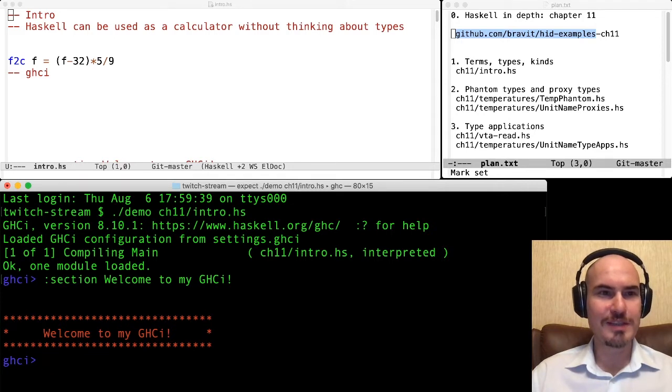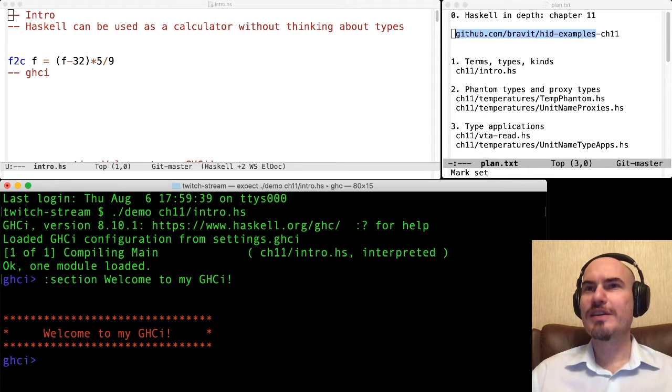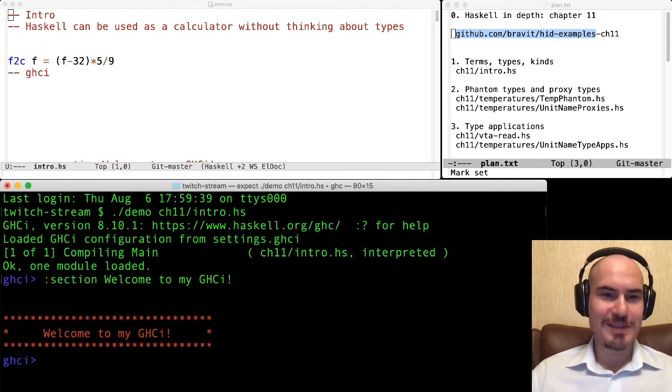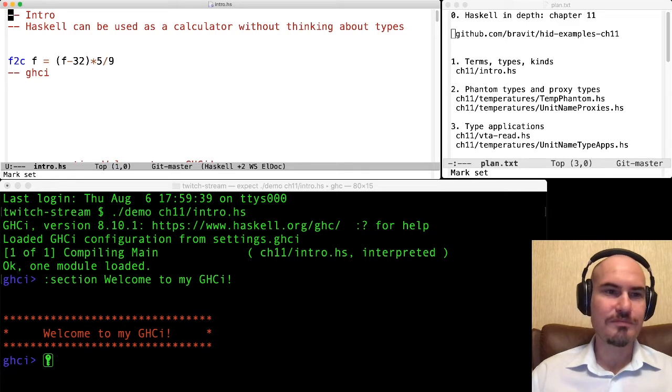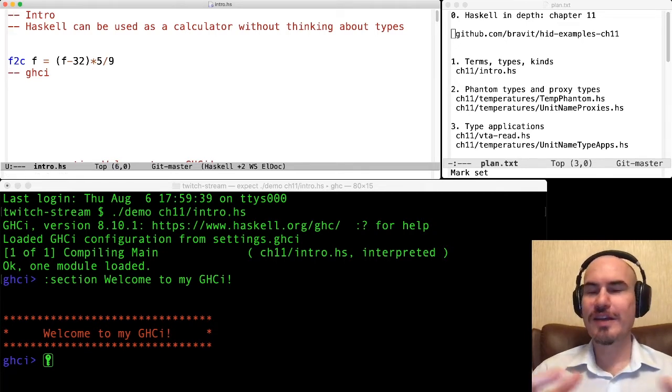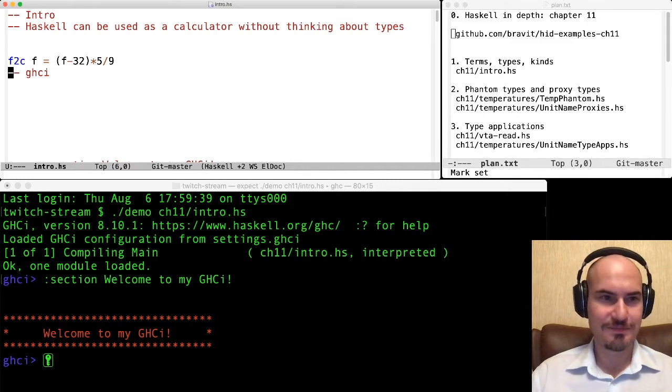I'm not very good at speed typing, actually. So that's why in this tutorial, I will not use it almost. But I've prepared everything in advance. So I will show you examples as if I'm typing like a rocket very quickly, but actually they are programmed, so they are comments in the files. You will be able to see some comments in these files, and they are actually executed in GHCi.